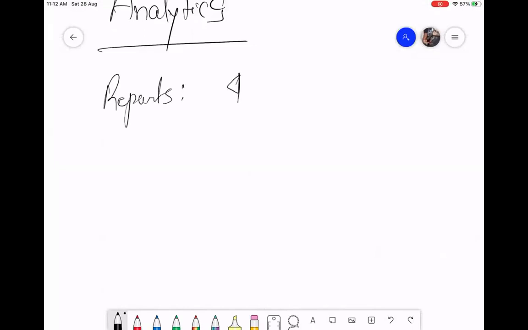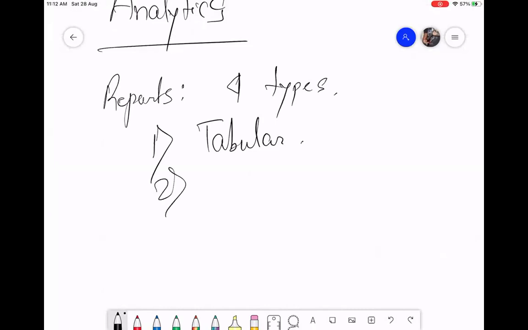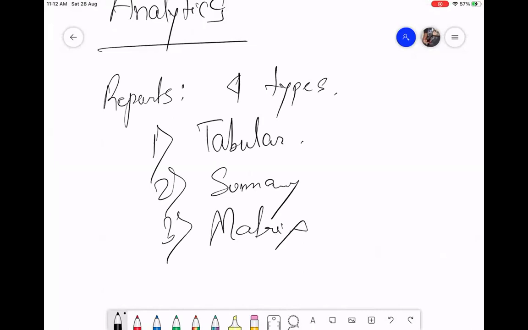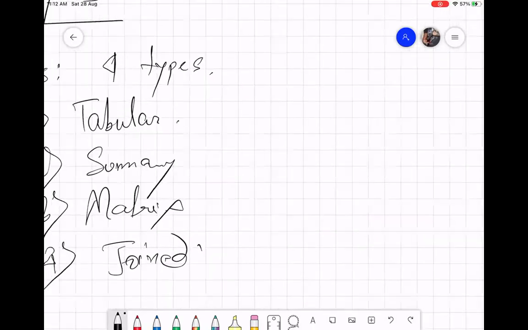Salesforce has four kinds of reports: tabular, summary, matrix, and joined. What is a tabular report?